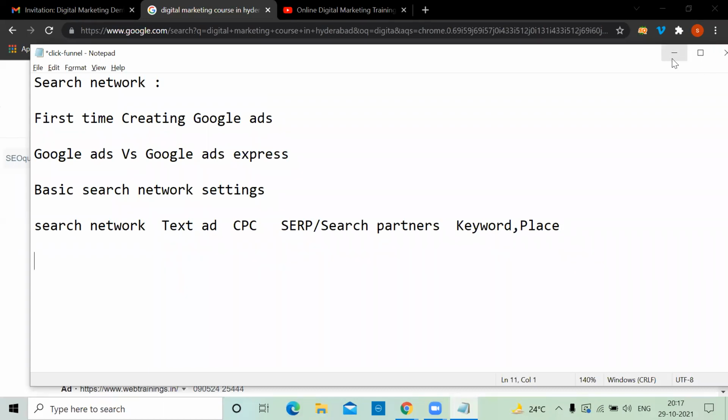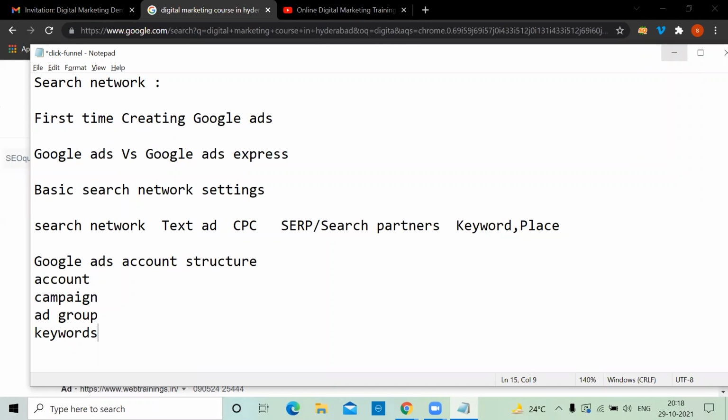Again, one more thing before you go for that: you should do a Google Ads account structure. I explained this in the previous class. What are the projects you have? First of all, the account, then what campaign you want to create, which ad group, how many keywords you want to target, and what is your final ad.